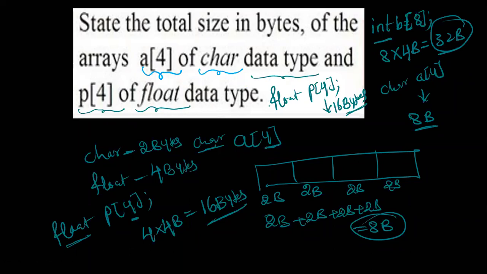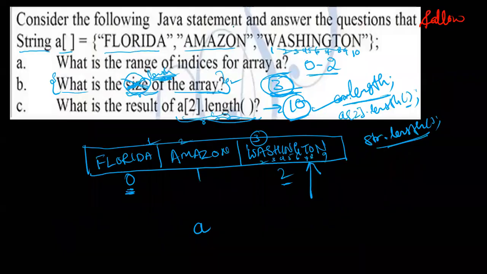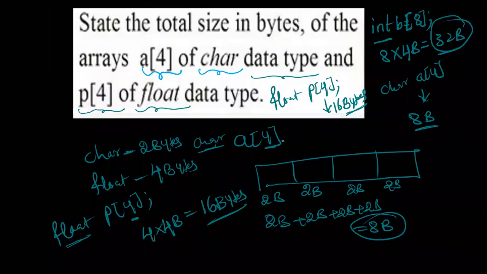Actually, why are we unable to calculate the size of the array for strings? Strings have variable length. Okay. Anywhere you learned string, will it allocate this many bytes? No. Actually, they have to give length. Length means array length, for example 3. Actually, they misinterpreted size. There is a difference between length and size. Length gives how many elements are there in the array. Size gives how much memory, in bytes, it will be allocating.